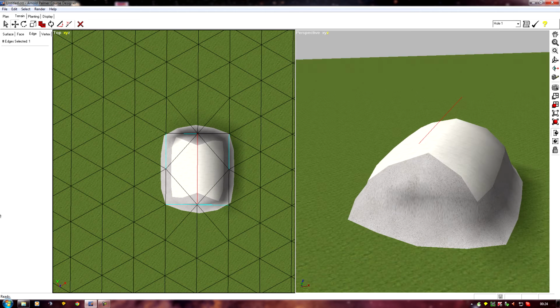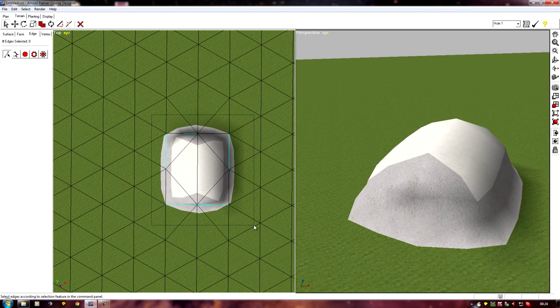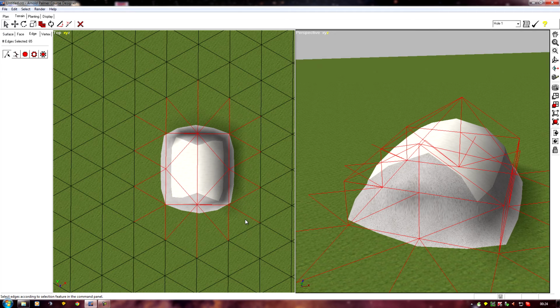Now all I need to do is sharpen all the edges. So if I go to edge, select, if I point at an edge it's going to select it, but if I hover the mouse somewhere in between an edge, I can drag the box and select multiple edges. So I'm just going to box select all of those, and then I'm going to hold Control down and do the same thing to unselect the ones that I don't want that are outside the building, because I don't want to sharpen those. And now if I just click sharpen,